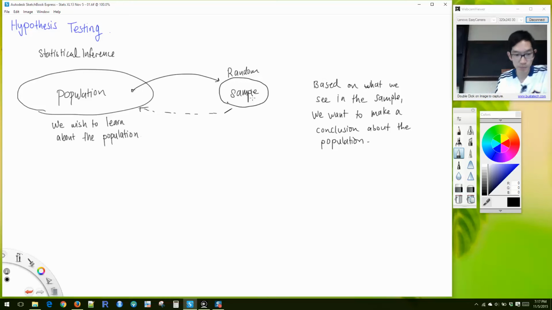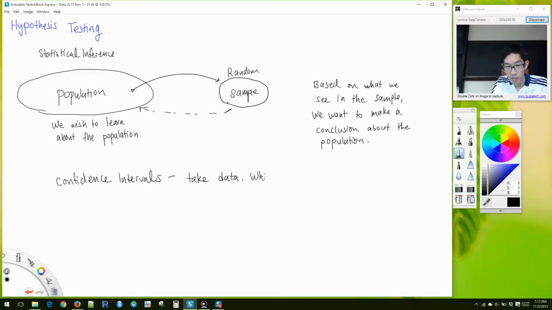All right, so where did my cursor go? So with confidence intervals, data. Okay, with hypothesis testing,